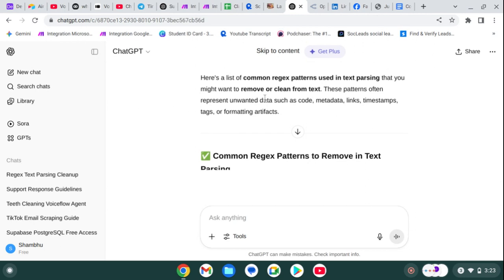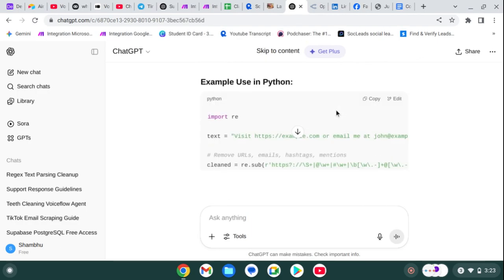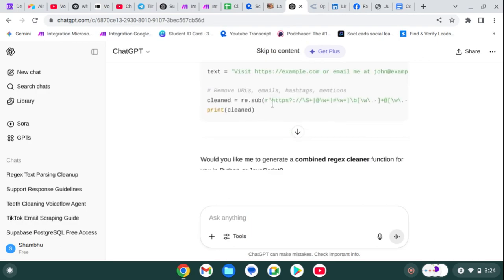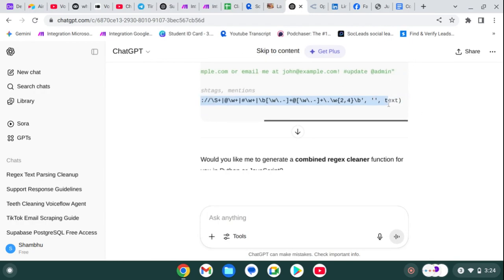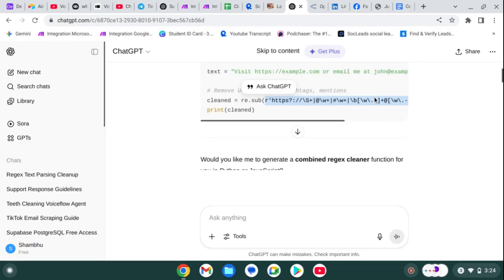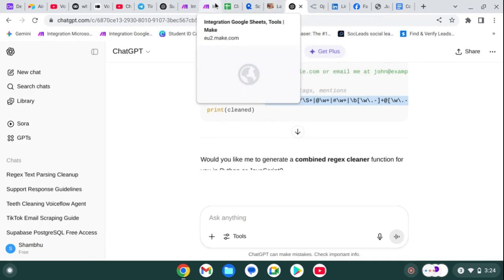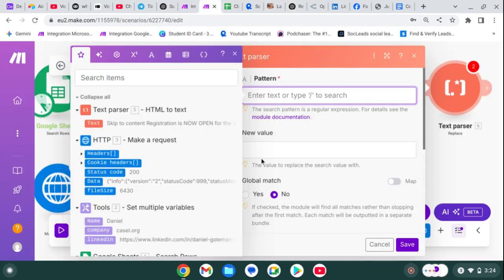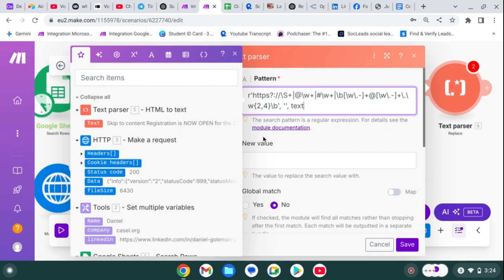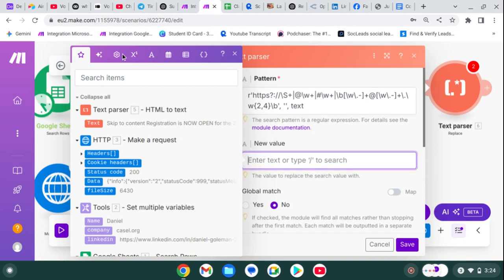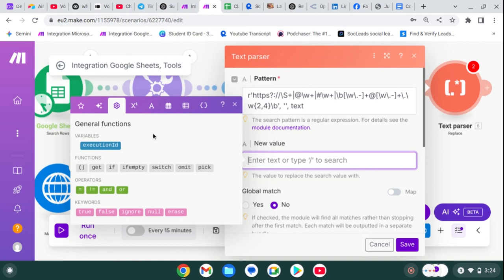I think it is not going up. You can see that. You can tell ChatGPT, give me a list of redirects on text prefacing, so it can give you this. Simply copy this much to this much. Simply copy this, go back on make.com and simply paste this, and the new value will be our, go to setting,